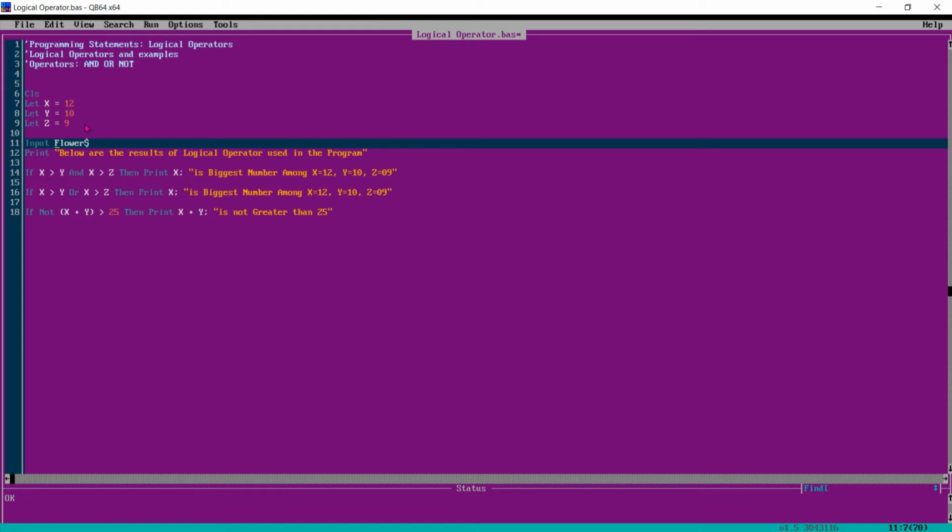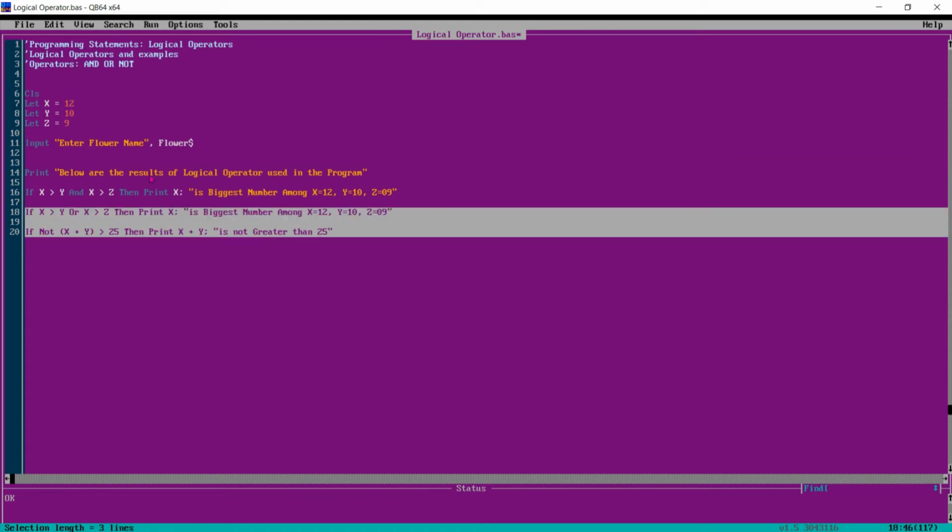So before that we have to ask: enter flower name. So first the system will ask to enter the flower name and it will assign the name, right?